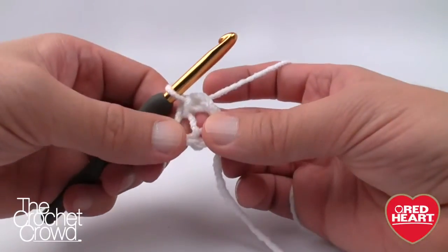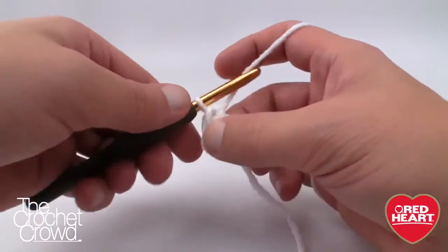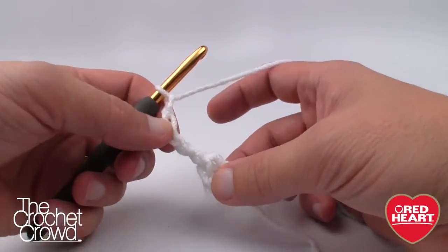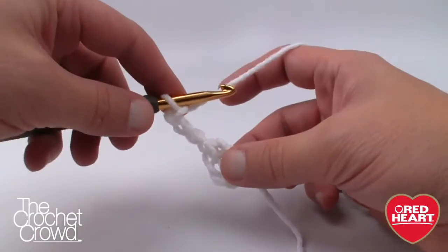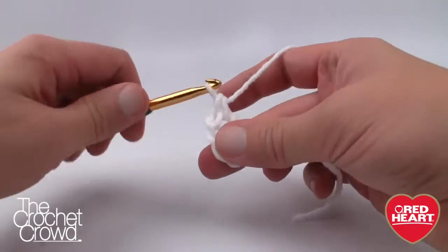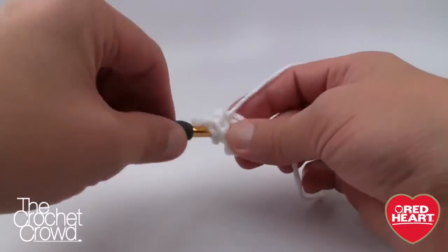and let's begin round number 1. So round number 1 we're going to start off with chaining 4. 1, 2, 3, and 4. This counts as a double crochet slash chain 1. So it's actually kind of 2 things going on within that chain 4. You just don't realize it yet. So what we're going to do is double crochet into the ring, and then every time you double crochet, do a chain 1. So that's why you got your chain 4. So just double crochet